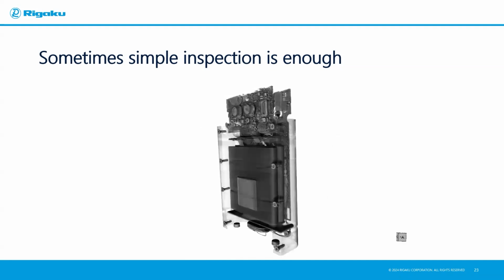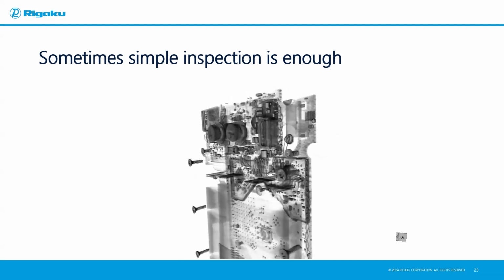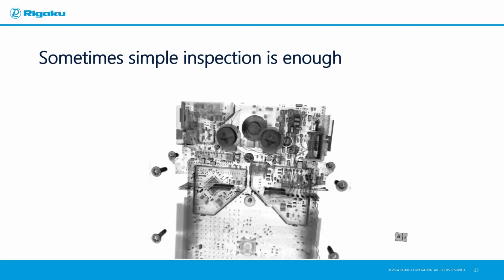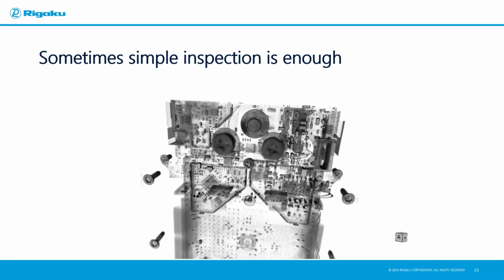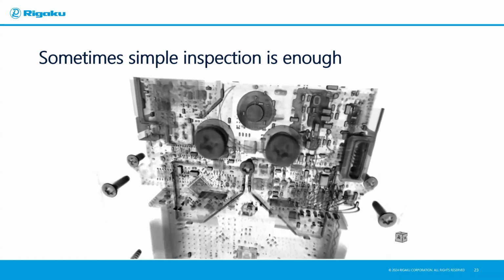Other electrical components can be more complex, however. In this case, this is a sample that obviously has several boards. It's inside of a plastic housing that's now been made transparent. There are many screws. There's a camera actually inside of this. There are many solders on the soldering board, capacitors, all sorts of different components. So simple inspection is probably enough to confirm that the components are there, or probably to do some other visual